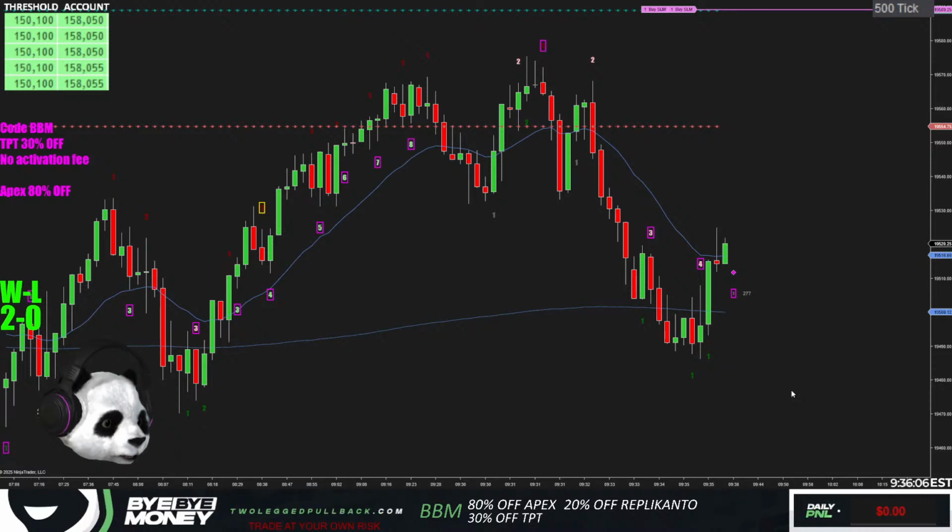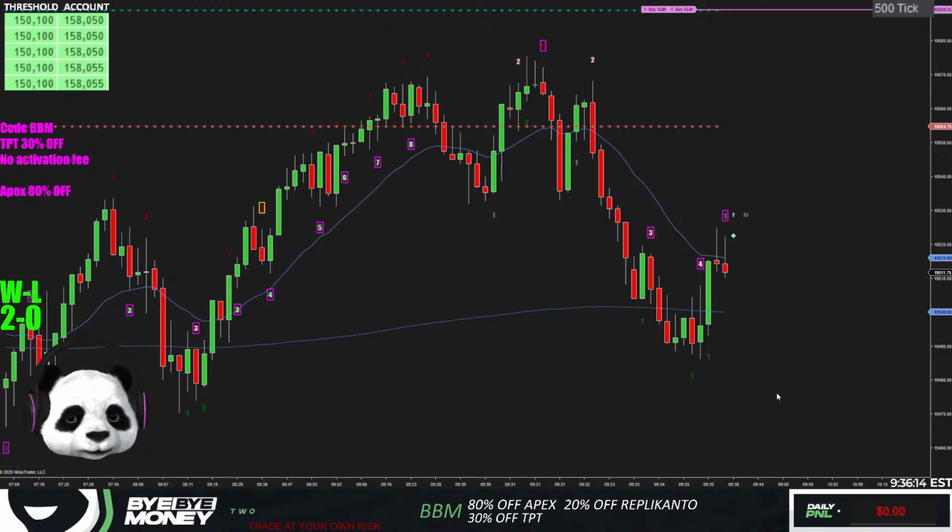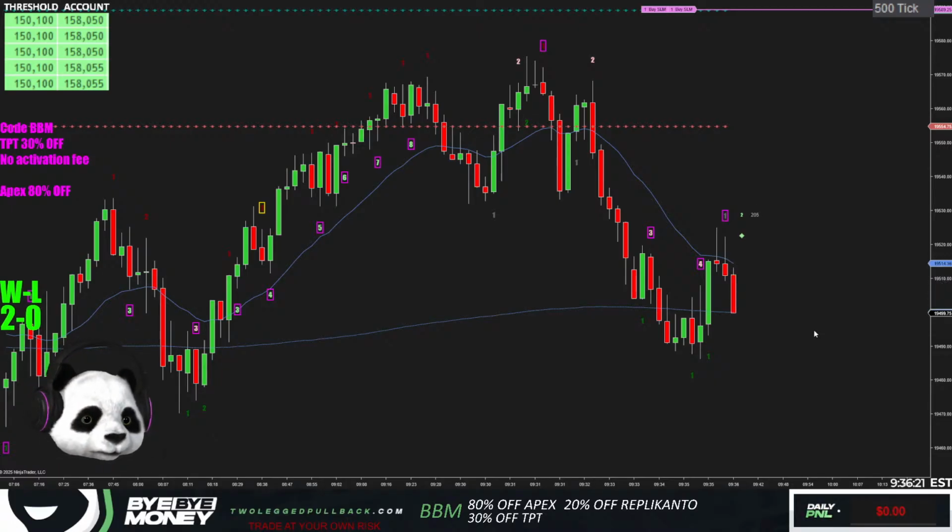Is there an auto scroll function on NinjaTrader? Actually, yeah, there is. The top right of the screen, you can see a little arrow. If you click that arrow that's pointing to the left, that will bring your chart to the most recent candle and keep it there. But if you move it after that, then it's going to change it.